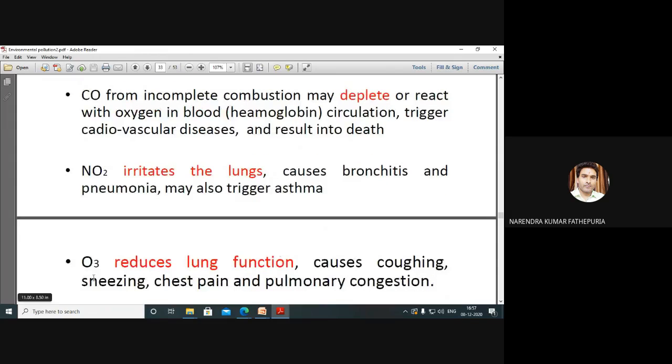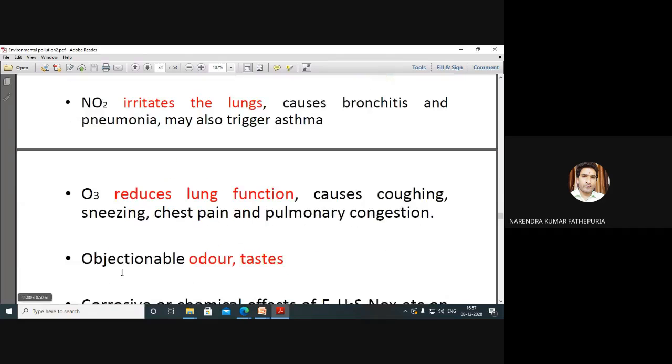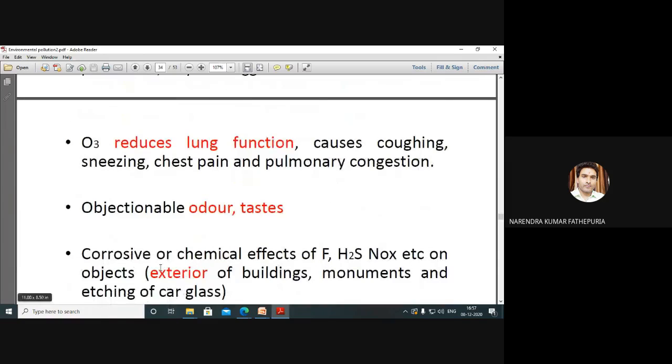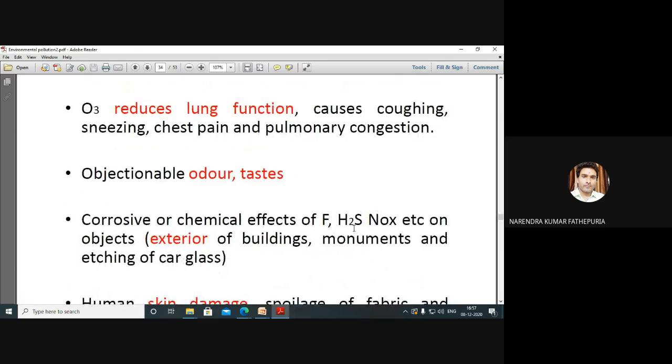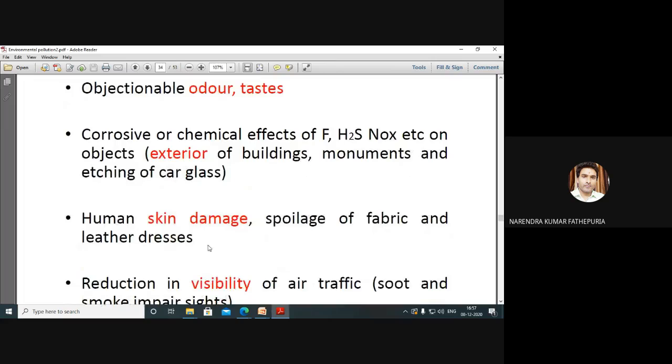I have already spoken about these. Ozone reduces lung function, causing coughing, sneezing, chest pain, and pulmonary congestion. There is also objectionable odor and taste. The corrosive or chemical effect of fluoride, as well as hydrogen disulfide or NOx, on objects, the exterior of buildings, and monuments causes these monuments to deteriorate. Human skin damage, spoilage of fabric and leather dresses, various insecticides and various cosmetic products cause skin cancer problems,